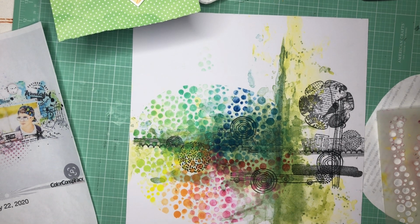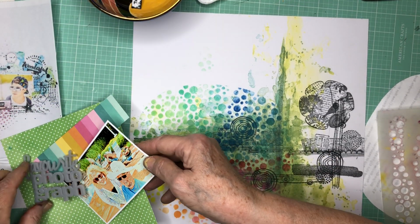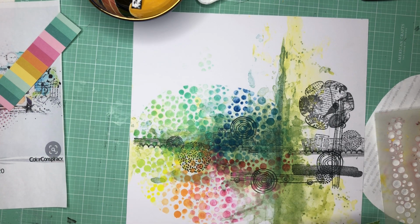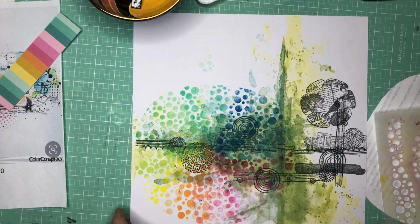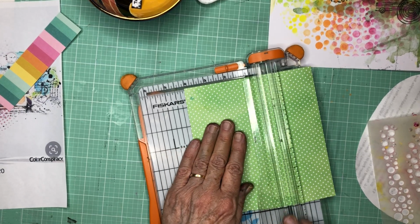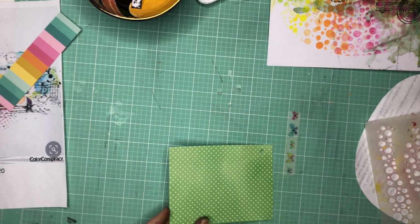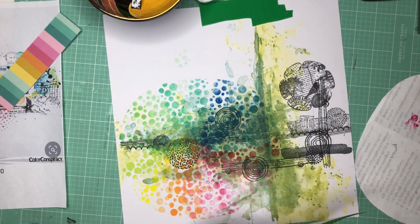Okay, so I'm going to take my mask off, and I'm going to put my photo on, see how best to use these papers that I have. I like this green Amy Tangerine paper that has kind of a watercolory sort of look to it, and it looks kind of faded, and I thought I could maybe even